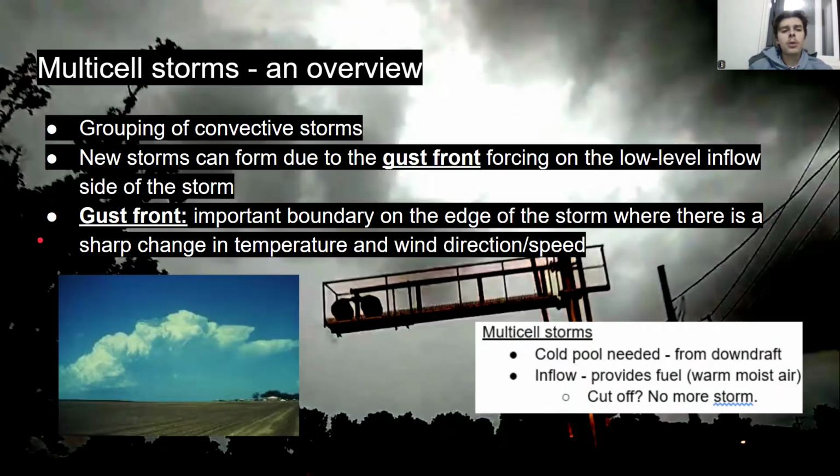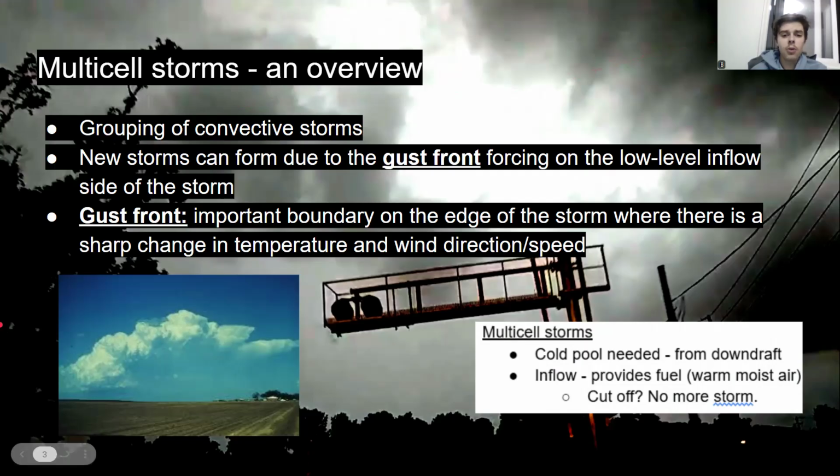We're going to start out with talking about multi-cell storms. We have already talked about ordinary single cell storms before, but what's the difference for multi-cell? Well, it's what it sounds like. It's a grouping of convective storms, so there are multiple cells. Now, these different cells are likely going to be in different stages of the storm life cycle,